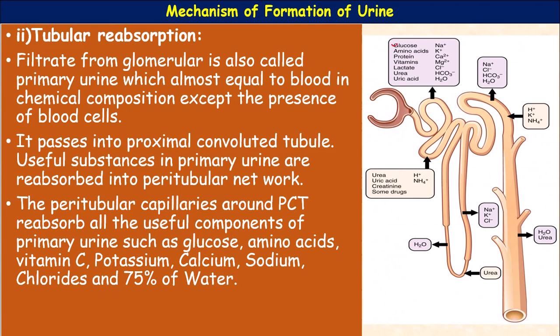Among them, glucose, some amino acids, some proteins, some vitamin C, and some salts, sodium, potassium, calcium, magnesium, chloride, carbonates, bicarbonates and water are reabsorbed. Lactate, urea and uric acid are not much required. Okay, rapid reabsorption continues even when the concentration of the substances is far lower in the glomerular filtrate than in the blood. They are also reabsorbed.